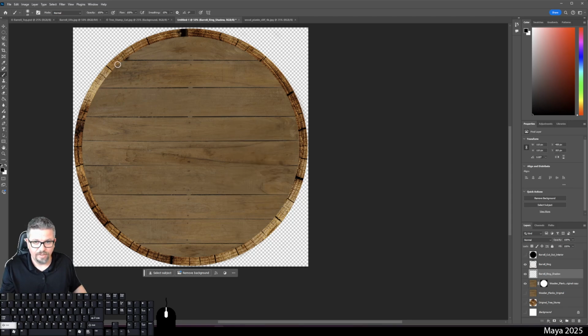I'm holding shift, because I don't feel like I've got the steadiest hand in the world to make a perfect circle, but maybe I did, maybe I didn't. If you just hold shift, wherever you click next will be the next spot to which it draws a line. And if you do this right along the edge,